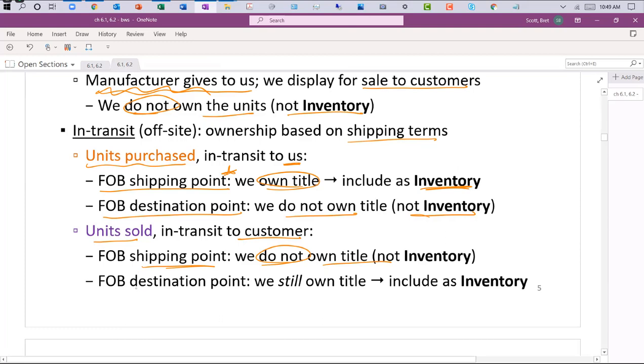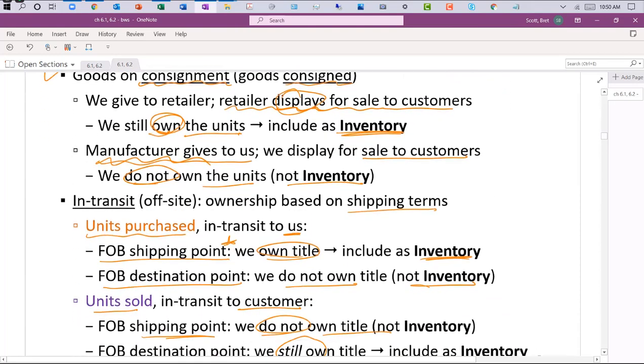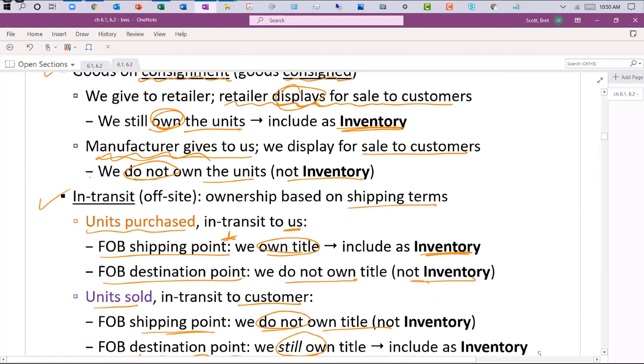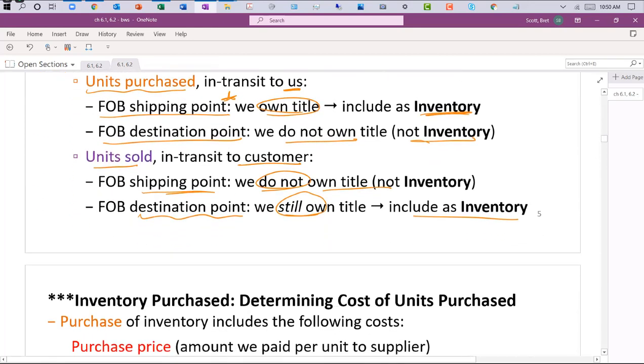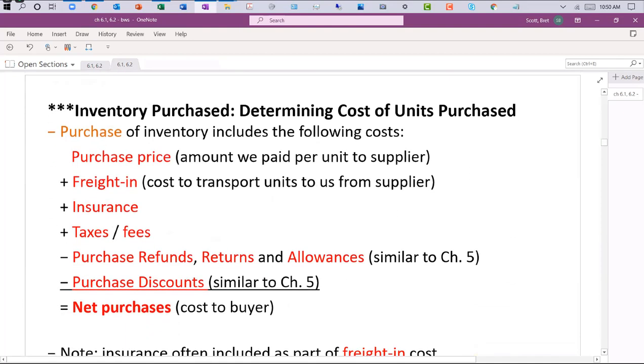But if we ship goods FOB destination point, then we still own the goods while they're in transit, and we want to include those as inventory. So when you go through these problems, sometimes they'll tell you that we have this many units on site, we have this many units that are consigned, and we have this much in transit. So you really have to be careful when you read the problems to determine whether or not we actually own title to those goods. If we own title, we want to include those as our